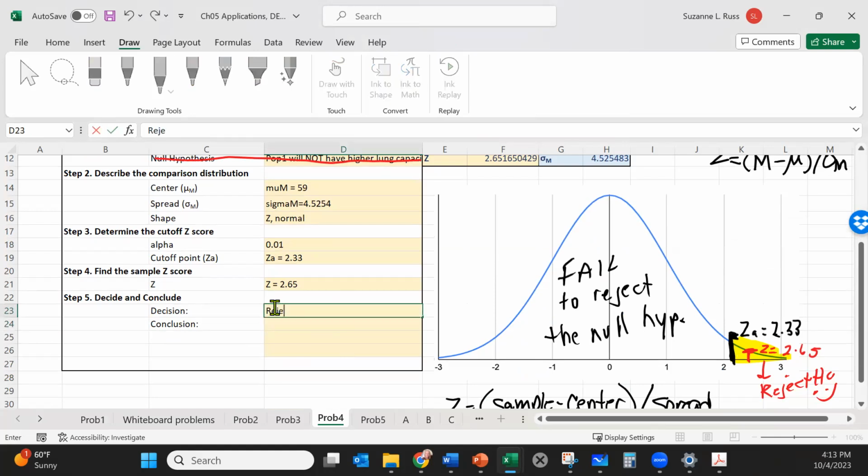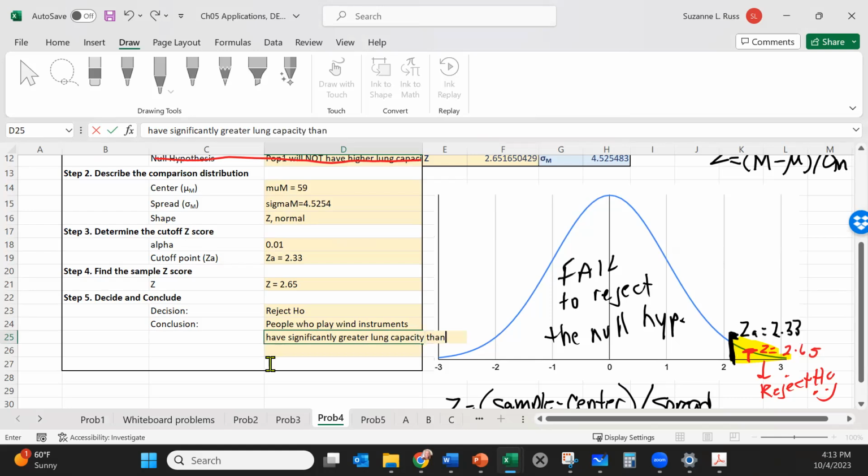So now let's see. We're going to reject H0, and we're going to say people who play wind instruments. I don't have to write the word "will" anymore. I can just write "have" because we've done the test. Have greater. Oh, I forgot a word. We want to always write this word: significantly. It's an important word in statistics. Significantly greater lung capacity